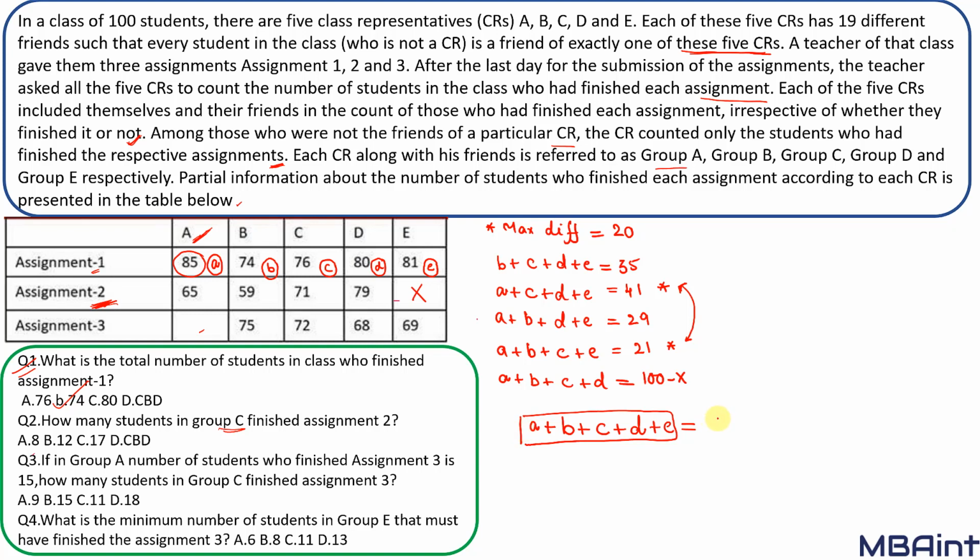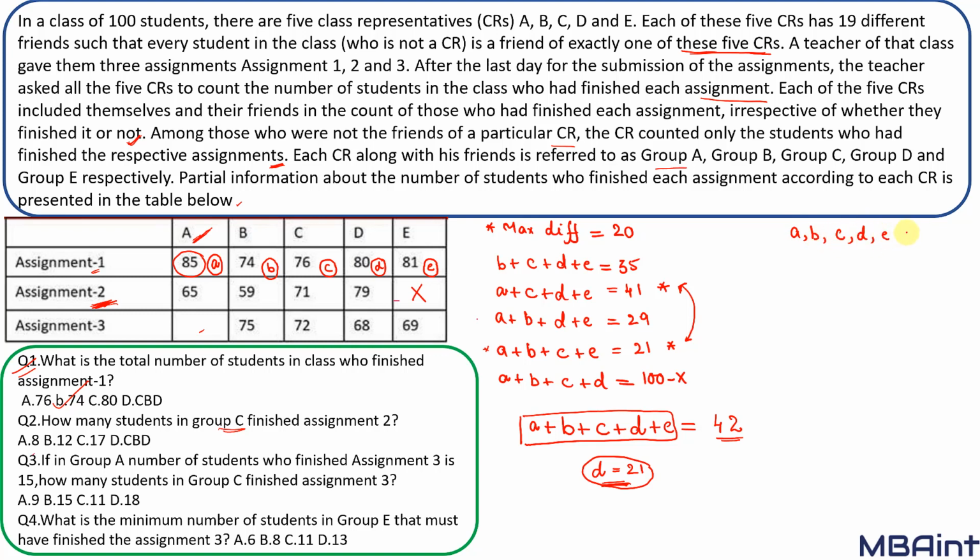If I take this value anything greater than 41, let's suppose 42, then according to this equation, what number is missing over here? D is missing. D would equal 21, which is not possible. If D equals 21, it means there are 21 students in group D who have not finished the assignment, but that is not possible because each group contains just 20 students. So A, B, C,